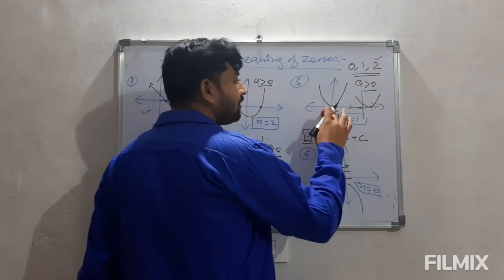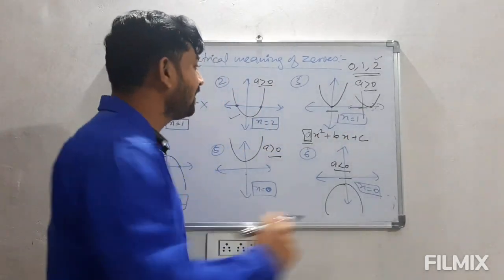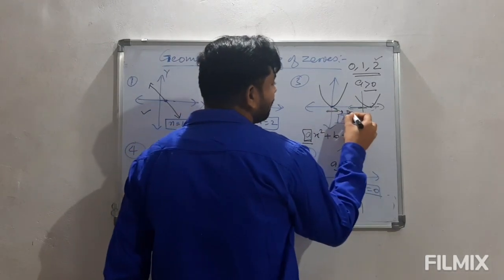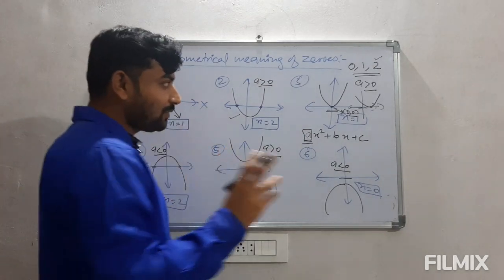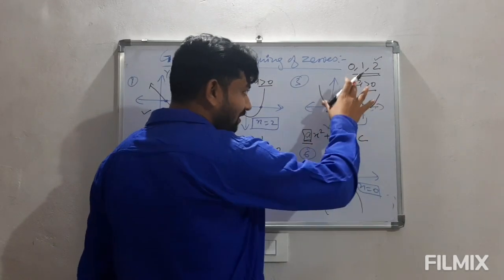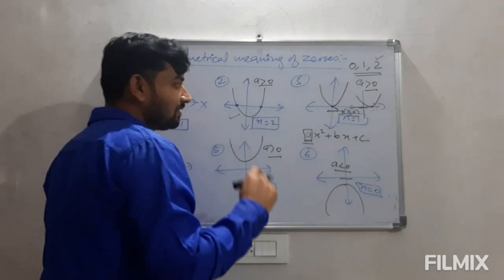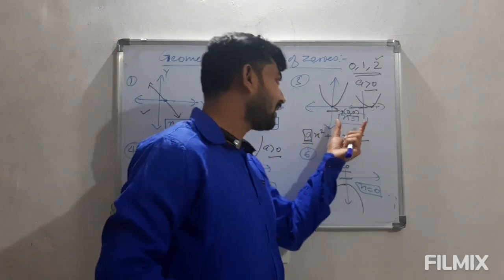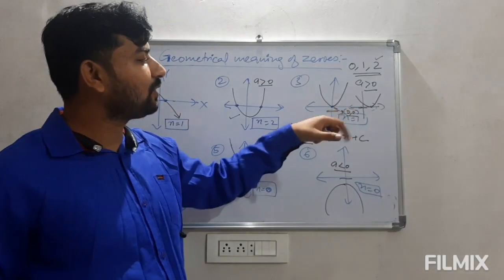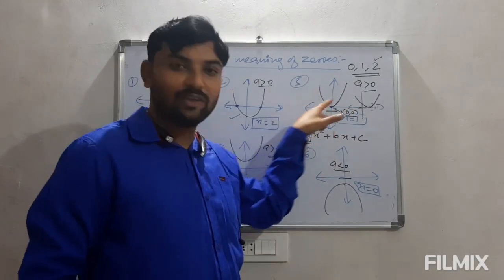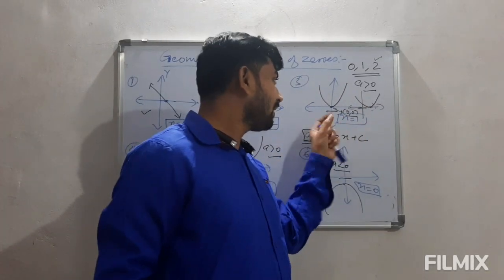If we look at the graph, there is only one point, so we are writing number of zeros equals 1. But in reality, it is 2 zeros, which is 0, 0. The number of zeros is 1, because if we plot that equation on the graph, it will be intersecting only once with the x-axis. But when we find the values by factorizing, both factors will be equal. It means both its zeros will be equal. So when we plot on the graph, only one equation comes, which comes from here. So that is why we count it as 1 by looking at the graph.